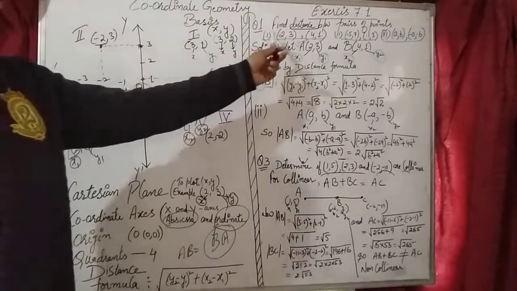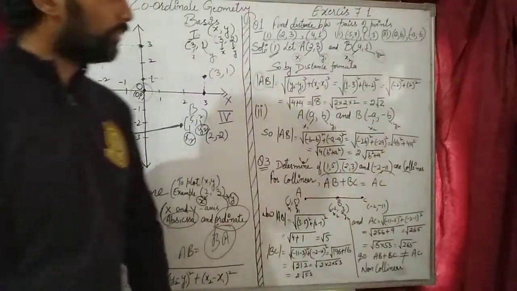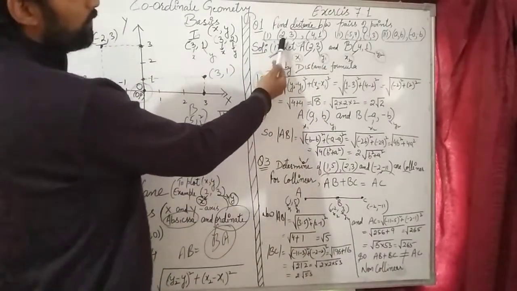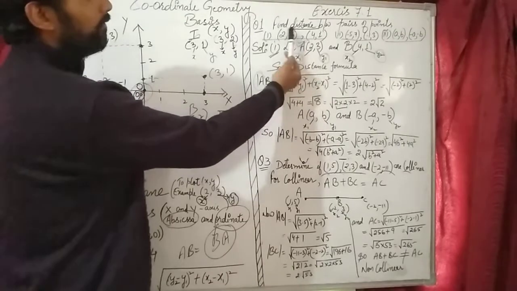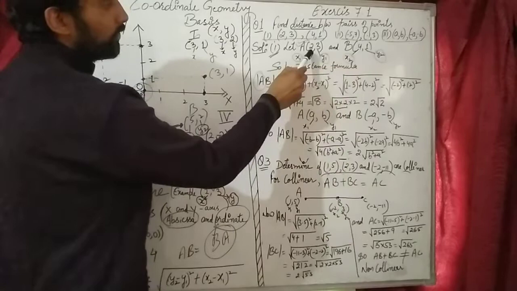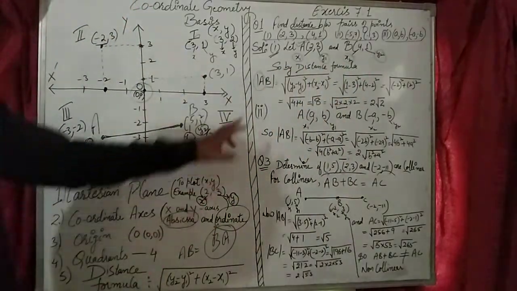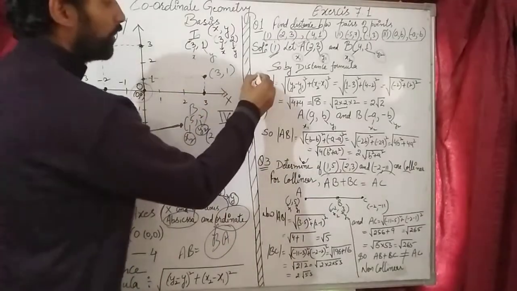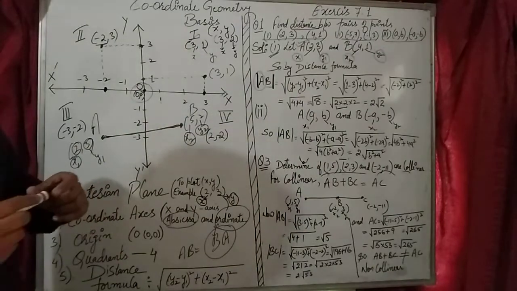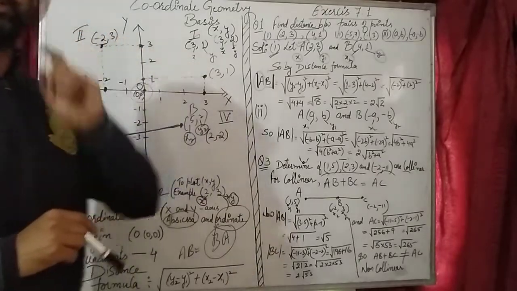Here I write a question: find the distance between the 2 points, and I write 3 questions here. From these, let's take the first one. Let us suppose a point A. Give the notation A and B. Here 2 comma 3 and 4 comma 1. So I write x1, y1, then x2, y2, and I apply the same distance formula. Here the mod represents distance, meaning the answer cannot be negative. If by mistake it comes out negative, we have to write it as positive.